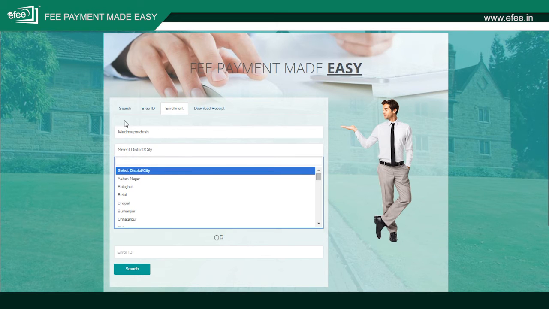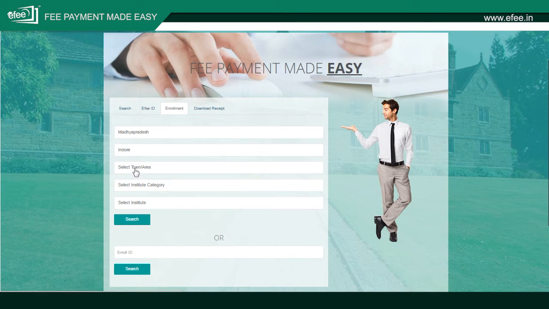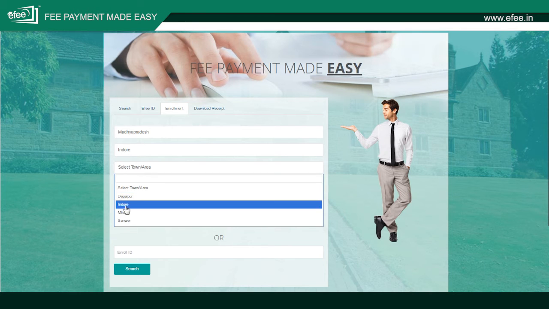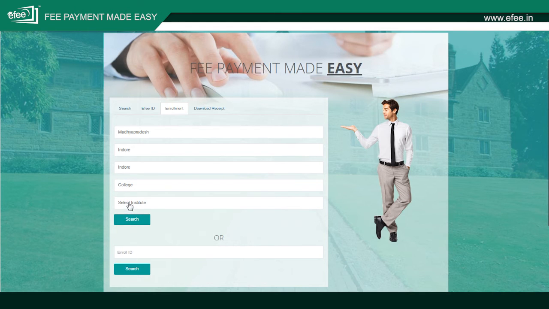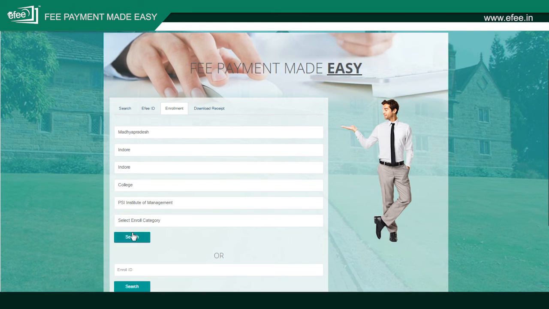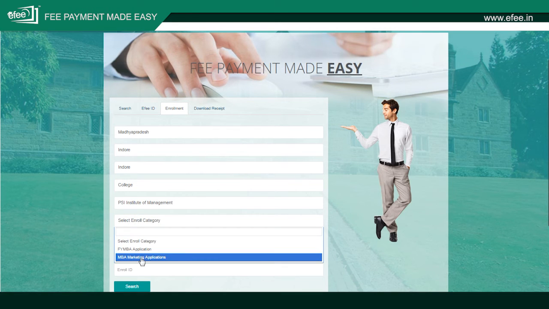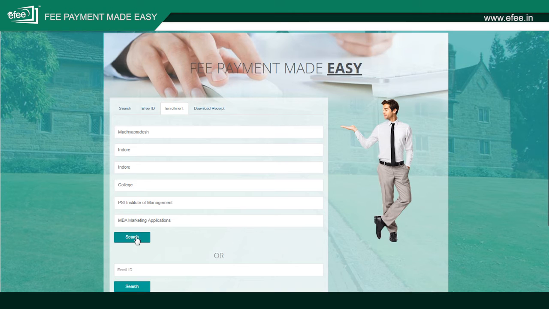Select the city, Indore. Select town or area. Select institute category, college. Select the institute, for example, PSI Institute of Management. Select the program, MBA Marketing Application, and click on Search button.